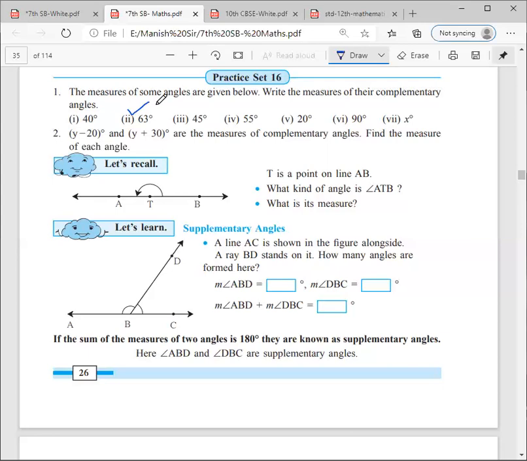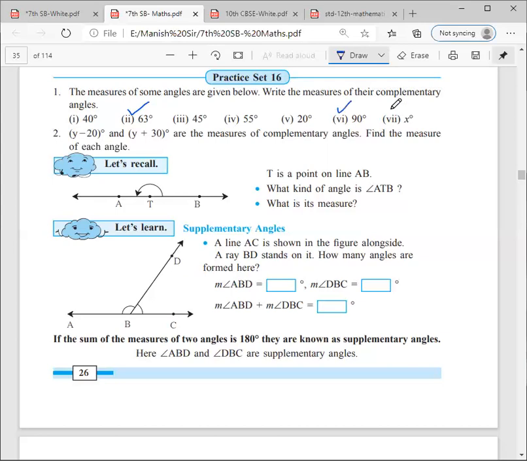So start solving for the 60-degree angle, 45-degree angle, 55-degree angle, 20-degree angle, 90-degree angle, and at the end, x-degree angle. So do one thing. I'm going to solve the x-degree angle right now. I'm going to explain the x-degree angle right now. Apart from these two, the remaining things you can solve. I guess you can solve easily. I'm going to solve for 90-degree also.